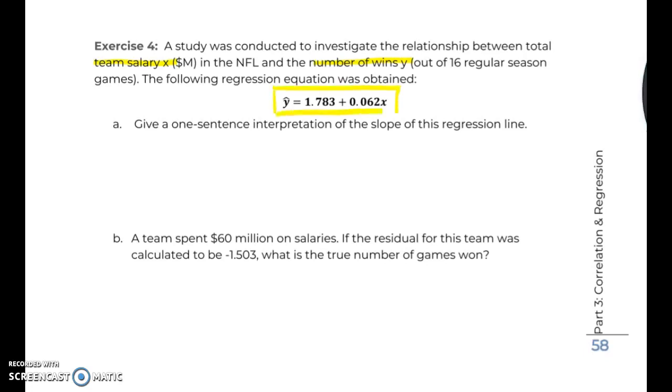And again, X was the team salary, and Y is the number of wins. Give a one-sentence interpretation of the slope of this regression line. So the slope again looks at what happens to our Y when X changes. So as the team salary